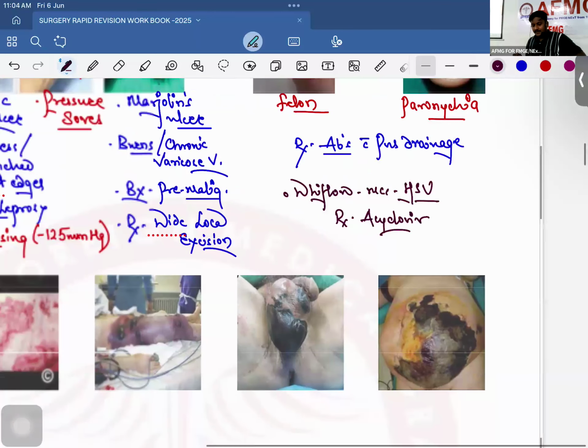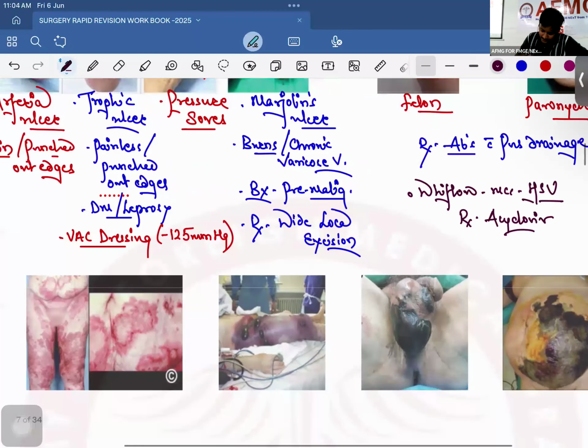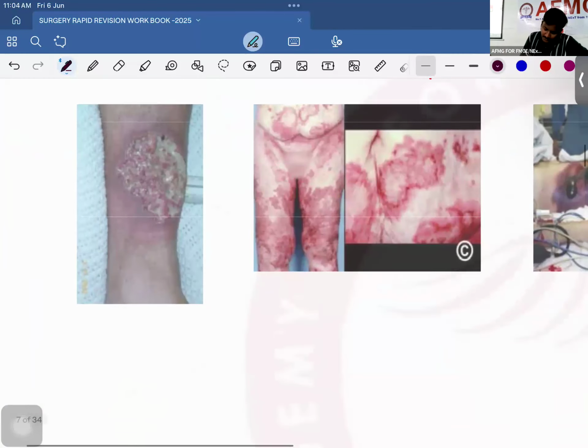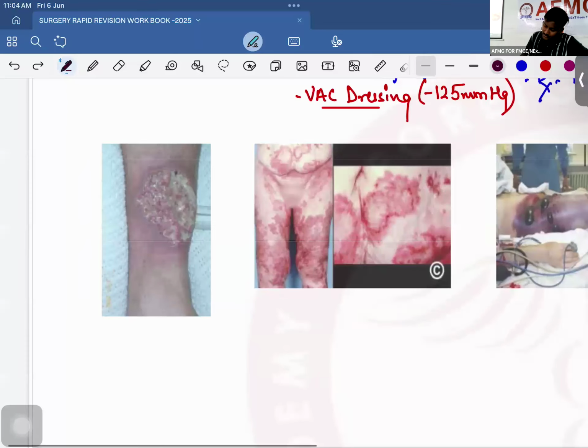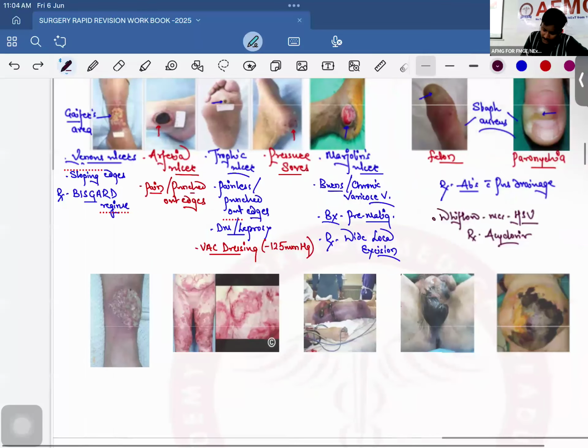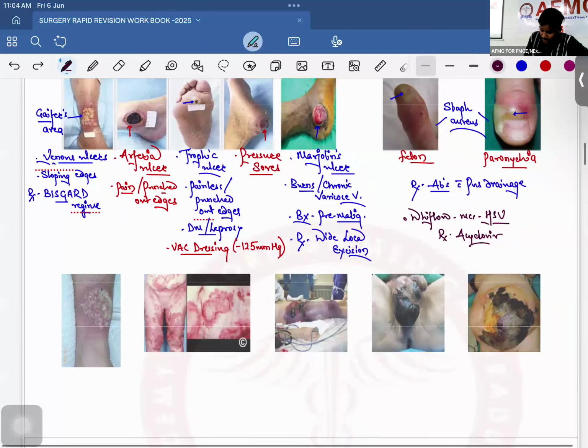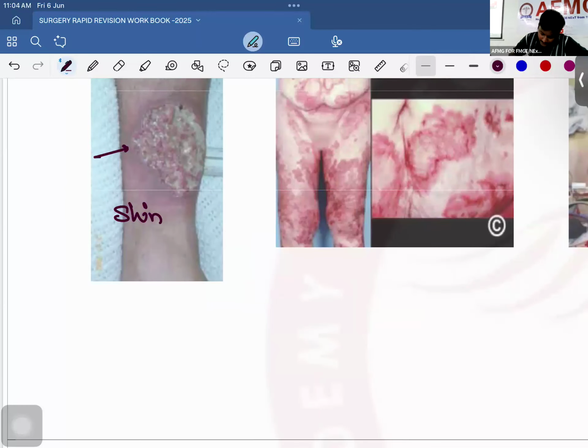Understood? Next important is the picture, beta, where you are able to see... Shabash. Here you are able to see same picture has appeared in the examinations earlier, so be aware of this picture. Here you are able to see an ulcerative lesion in the shin of the patient, beta, and this ulcerative lesion is going to have undermined edges. Undermined edges are seen in three conditions. First is pyoderma gangrenosum, second is tubercular ulcer in the neck, and third is chancroid, beta, which is extremely painful. So, three conditions, remember, pyoderma gangrenosum, chancroid, and tubercular ulcers are the conditions where undermined edges are going